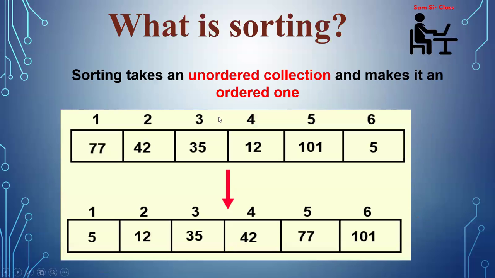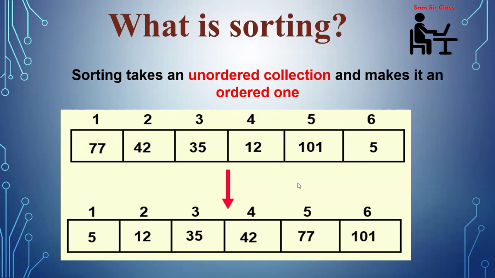Before going to merge sort, let us understand what sorting is all about. Sorting is a process which makes an unordered collection of values into an ordered one. Through this diagram you can see there are some random values. You apply some mechanism, which we call a sorting mechanism, and you get the values in order. In this video we will apply merge sort for this sorting process. How we will apply merge sort, you will understand through an example which we will do